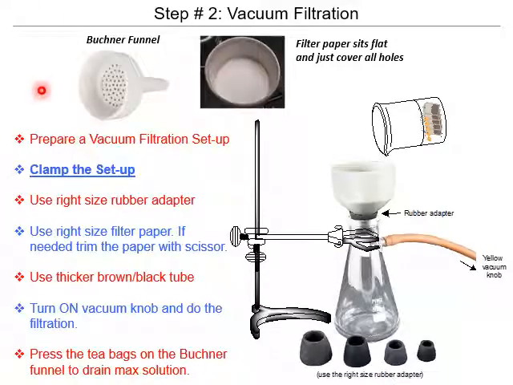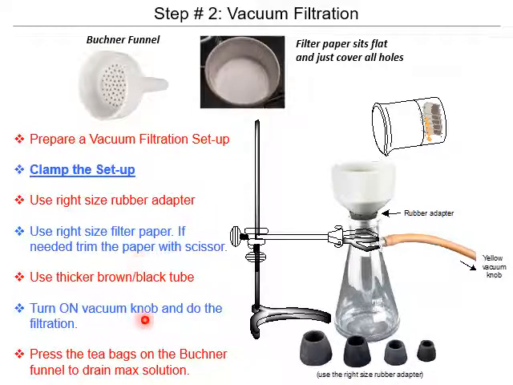Once we have the caffeine and tannin solution, you want to filtrate the solution to make sure that the cellulose does not accompany it. So you would perform vacuum filtration. You get one of these Erlenmeyer flasks with a vacuum adapter. You put a rubber adapter here, and then you would use a Buchner funnel, right? The Buchner funnel, of course, comes with the right size filter paper,